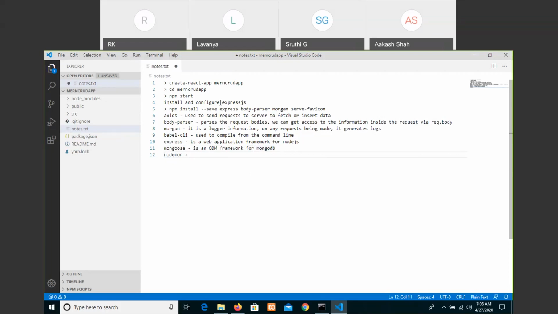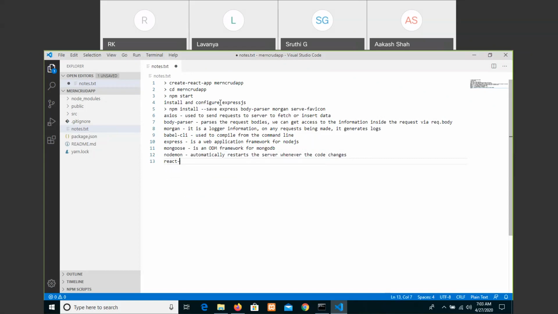So nodemon automatically restarts the server whenever the code changes. Additionally to these, these are all the things that we are going to use to work with the combination of Node, Express, Mongo, and of course React.